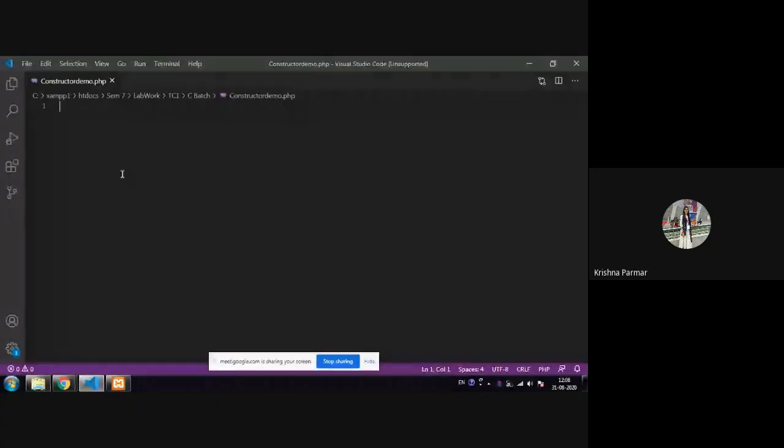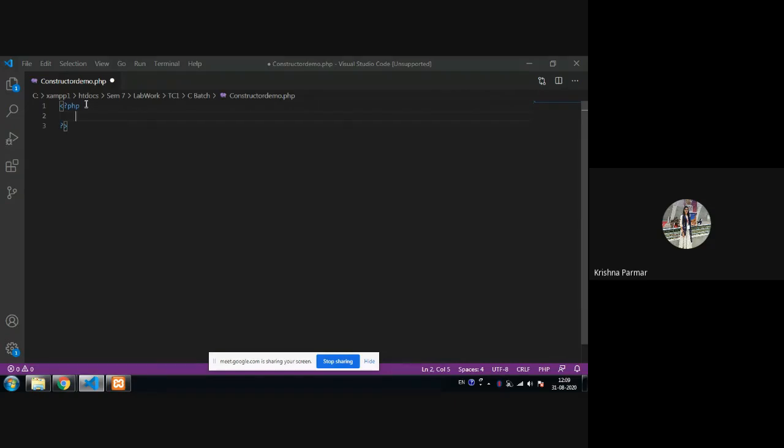First understand everything. I will present my screen and we start coding for it. Just a second. Okay. So in the previous lab session, we already discovered how to create a class. I will give you a quick demonstration of it so that Komal has an idea regarding that. Every PHP file starts with the opening tag, question mark PHP, then ending. In that tag, you have to create a class.